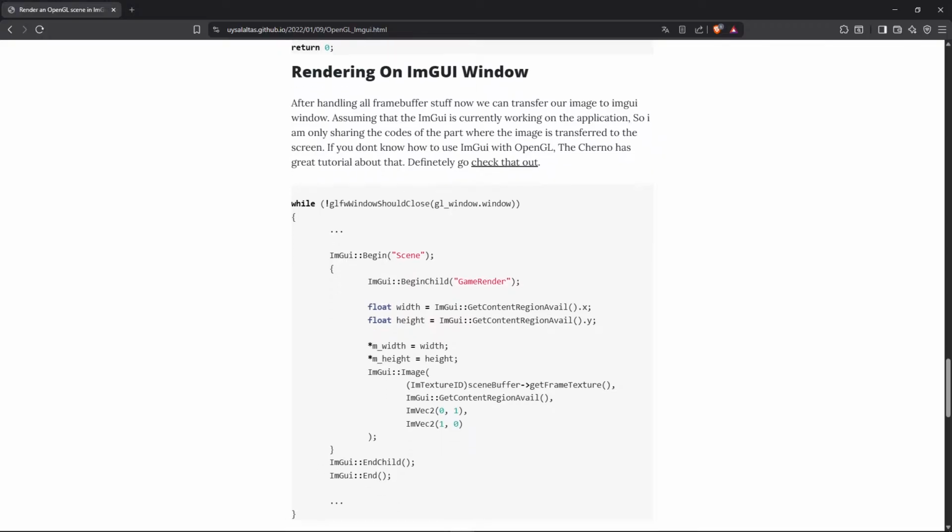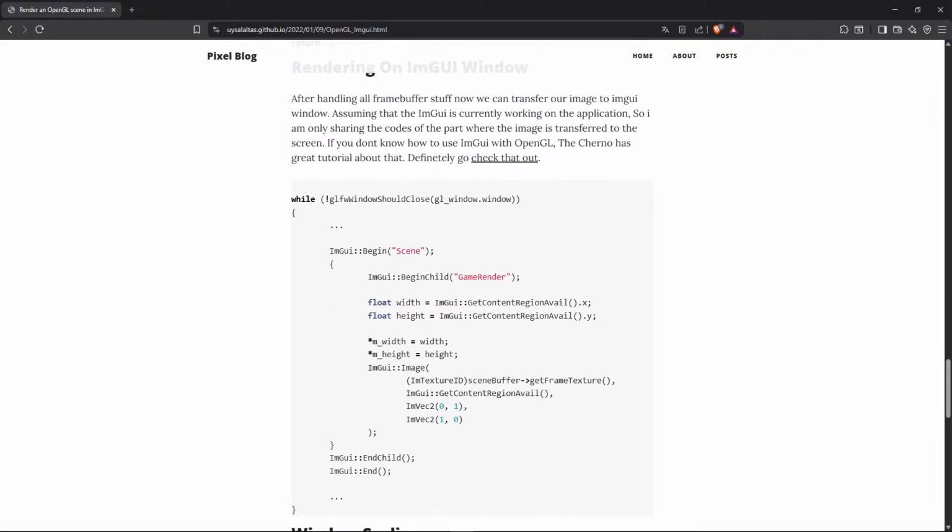So after all the frame buffer stuff, now we can transfer our image to the ImGui window, assuming that ImGui is currently working on the application. So I'm only sharing the code as part of where the image is transferred to the screen. If you don't know how to use ImGui with OpenGL, the channel has a great tutorial, definitely go check it out. So after we render,